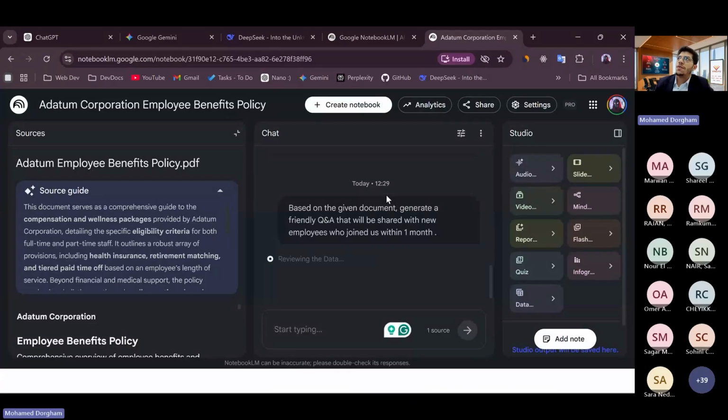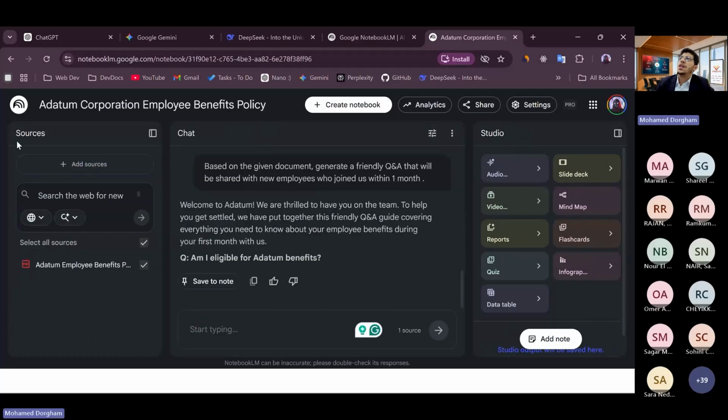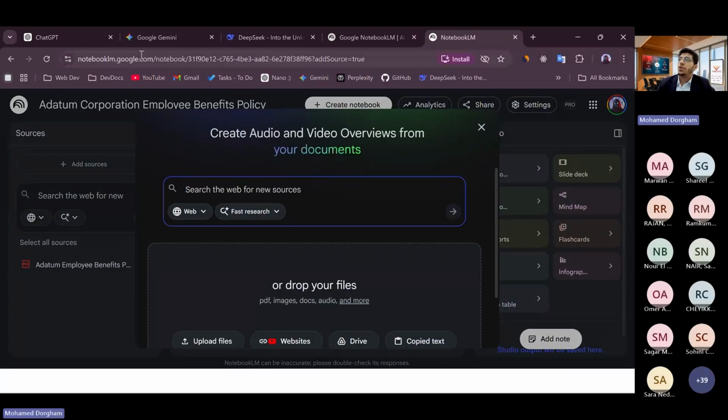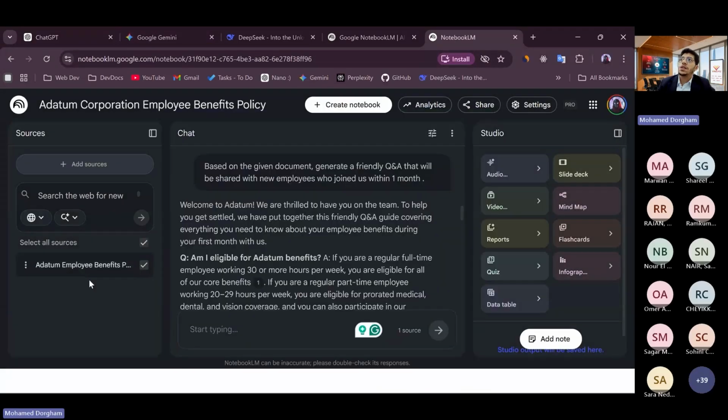Now, let's also have a quick overview of this notebook. So here at the left side, I can see the resources, and I can even add more resources. This is also another interesting point, that I can add another resource. Let's say I can upload the document, and I can ask the Copilot, the AI, to switch between multiple documents.